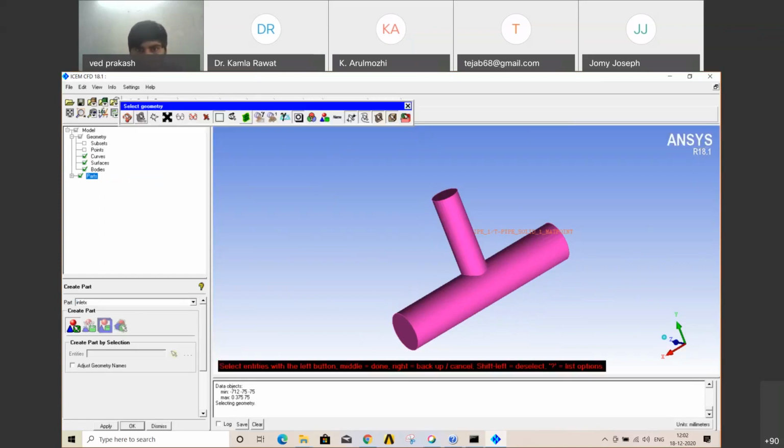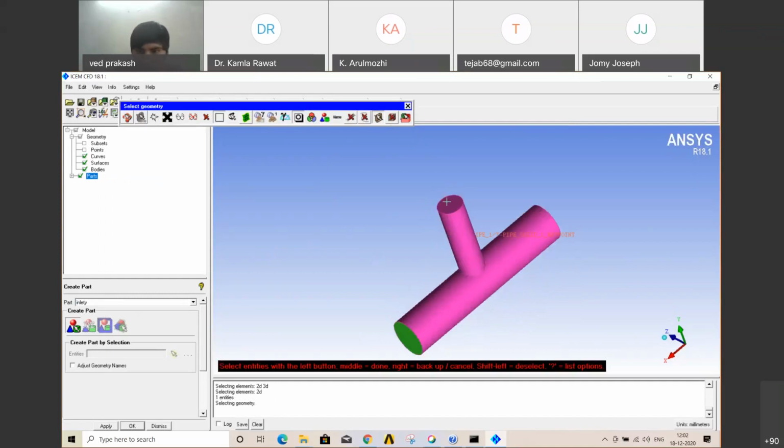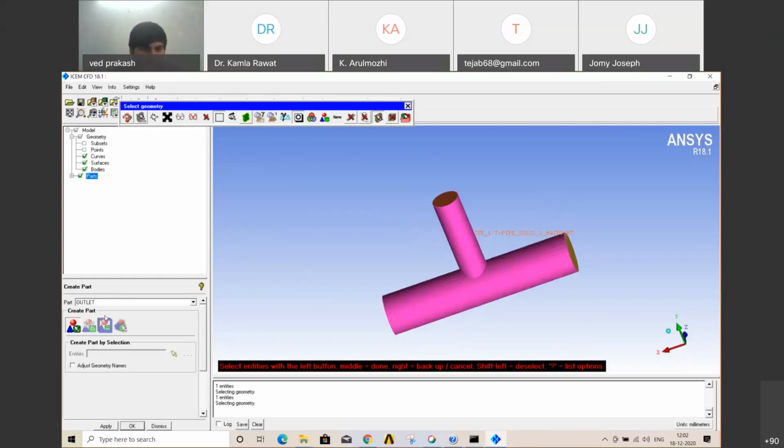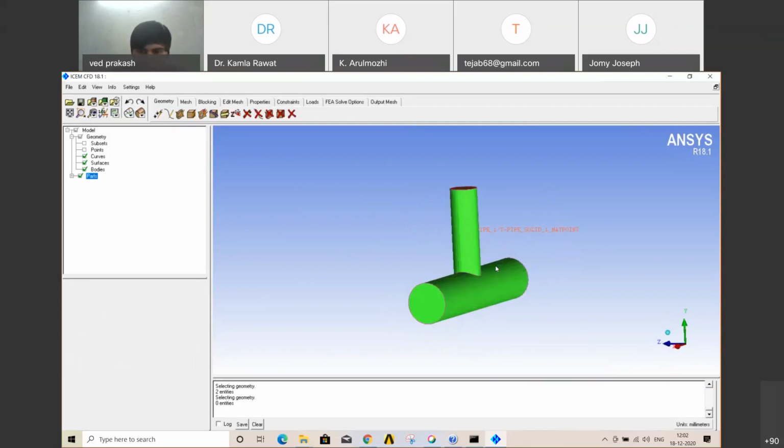Construct it with the same process for naming which we have already discussed, that's why I'm going a little bit fast. Let y. Then go for outlet. And one more thing, wall. We have created our names.